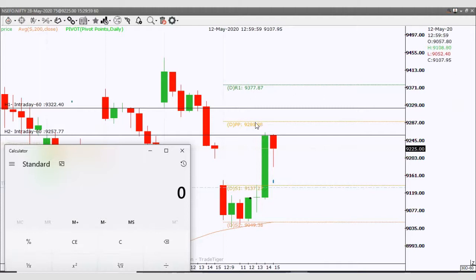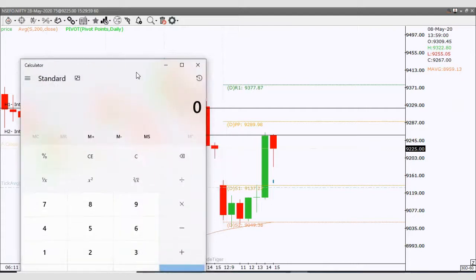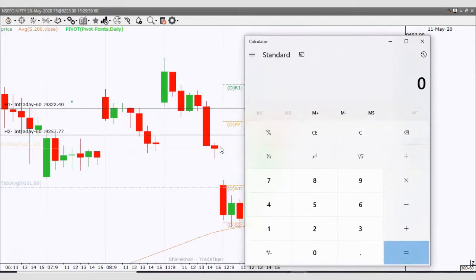No need to do that, because we already have this value, this orange color you can see. But to get this lower horizontal line and this upper horizontal line, this one is the top central pivot and this is the bottom central pivot. How to calculate that? Using the formula. The formula is simple. Bottom central pivot, if you want to calculate, you need to add high plus low divided by 2, of the previous day.